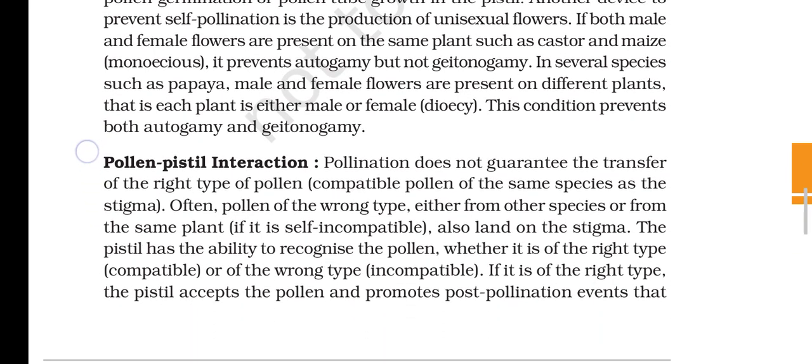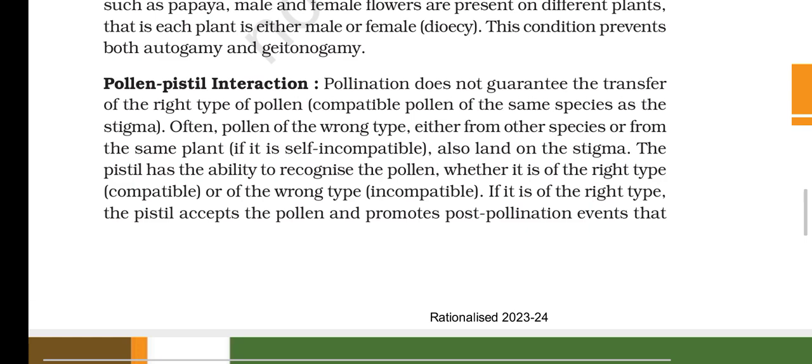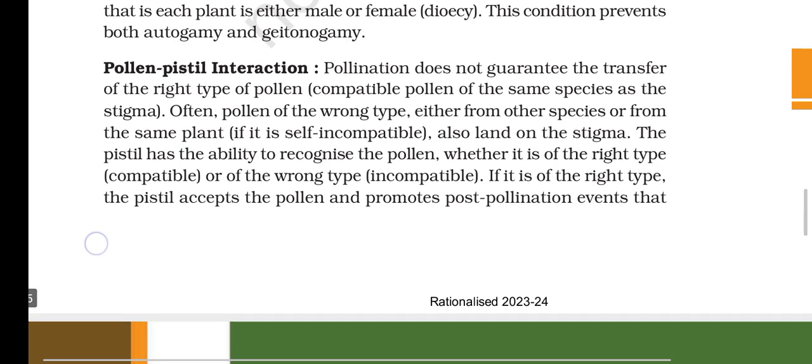Pollen-pistil interaction. Pollination does not guarantee the transfer of the right type of pollen, compatible pollen of the same species as the stigma. Often pollen of the wrong type, either from other species or from the same plant, if it is self-incompatible, also land on the stigma. The pistil has the ability to recognize the pollen, whether it is of the right type, compatible, or of the wrong type, incompatible. If it is of the right type, the pistil accepts the pollen and promotes post-pollination events